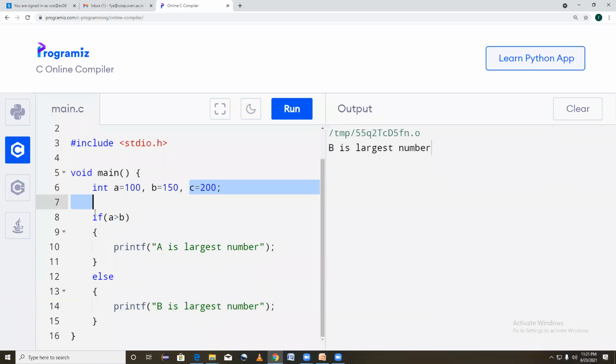But now, how do we write a program to identify the largest number if I have given three numbers? Can you tell me how to identify the largest number if I have given you three numbers?